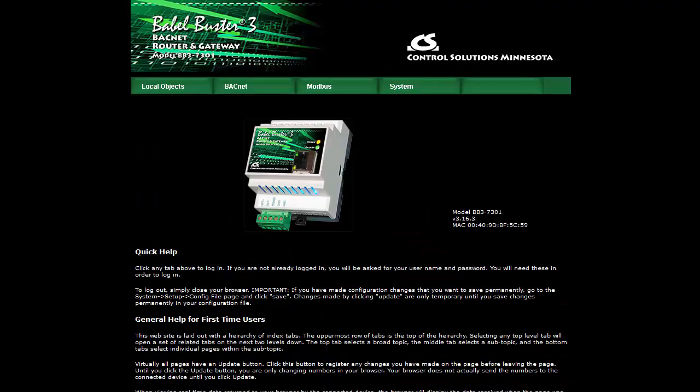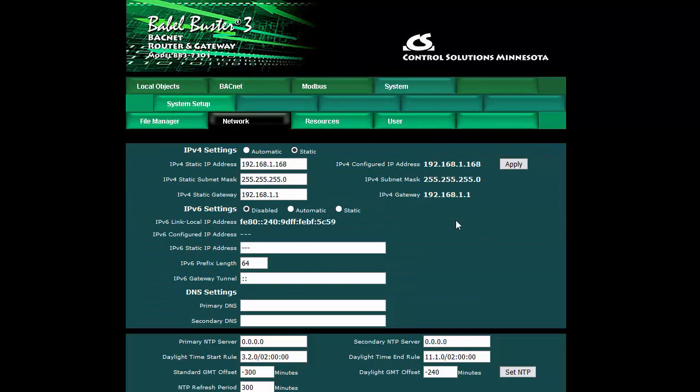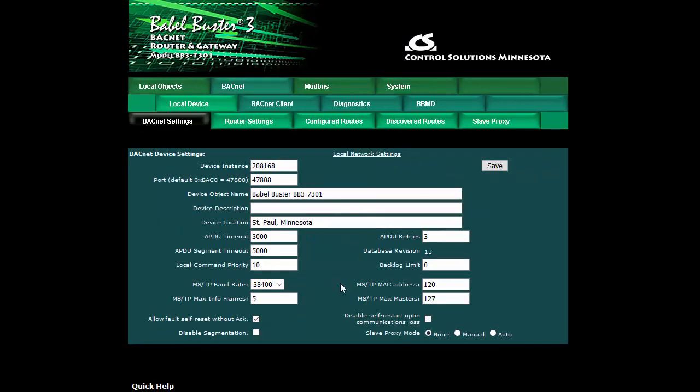We're going to talk briefly about configuring this device as a BACnet router. In its simplest form, there's really not much to it. The router itself needs to be defined as a BACnet device on the BACnet network, which means give it a device instance, and under the System tab, System Network, you give the router an IP address, of course, and then back over here